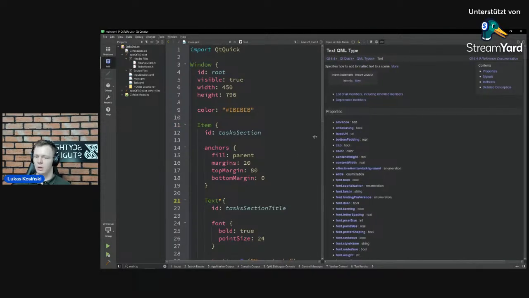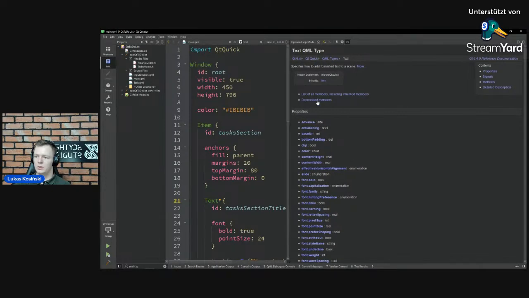If we go to the reference of the Text item, I hope you see it clearly, here it says that the Text QML type is based on the Item type. Why is that? Because if we think about it, all the visual components have things in common. They can be visible or not.